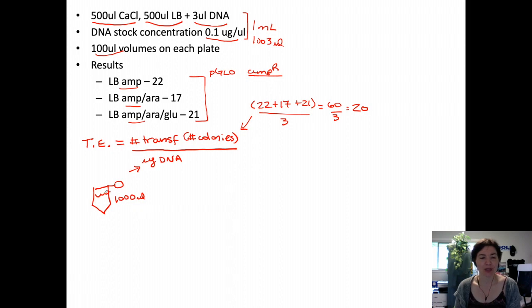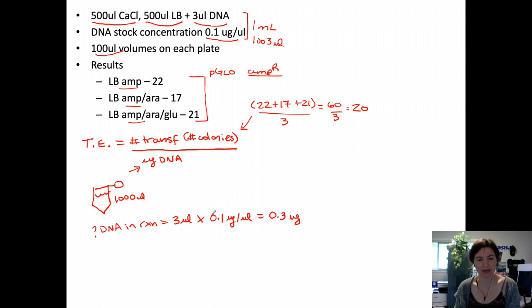Now, how much DNA went into this whole tube? What was the amount of DNA? Well, we added a volume, so how much DNA in the reaction tube? We added 3 microliters, but that's just a volume. That doesn't tell us how much DNA. To figure out how much DNA, we have to multiply this volume by the concentration, which is given as 0.1 micrograms per microliter, which is going to be 0.3